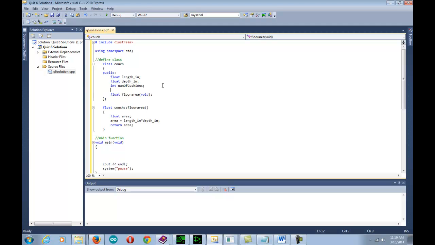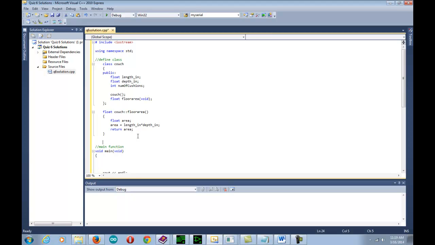So when we add the constructor, it's just another function in the class. So I have to put the declaration, but I don't put a void. I just put the name of the constructor, and the name of the constructor is the same name actually as the class. So the name of the class is Couch, the name of the constructor will be Couch. And then, just like there was a definition for floor area, there has to be a definition for the constructor. So it starts off the same way: couch,